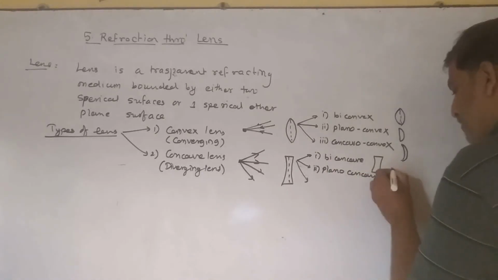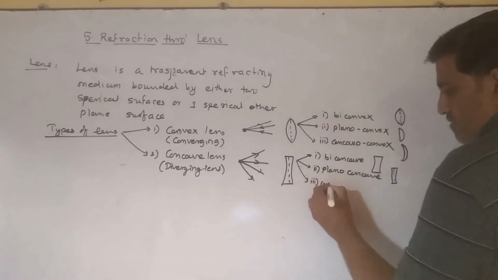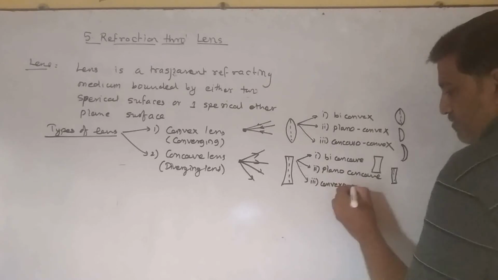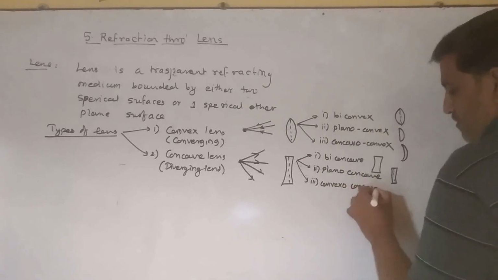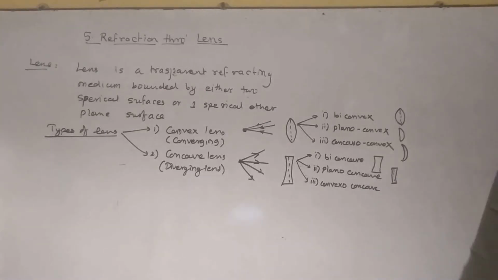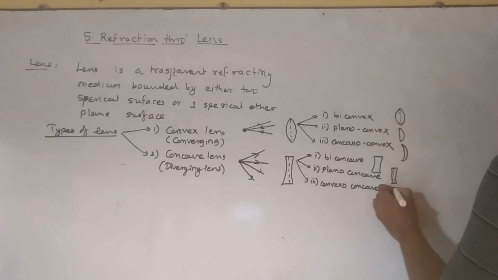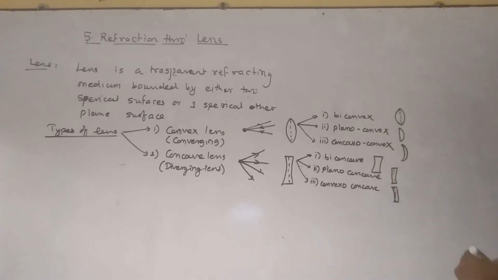Plano-concave means one side is plane and another is concave, and the third one is convexo-concave, like this. Okay, so these are the different